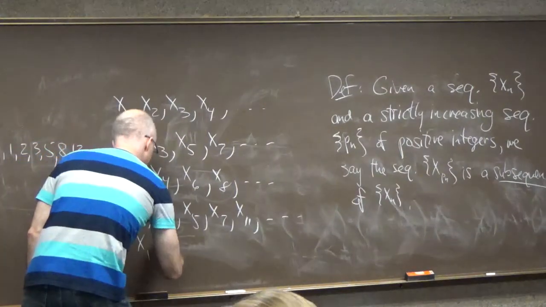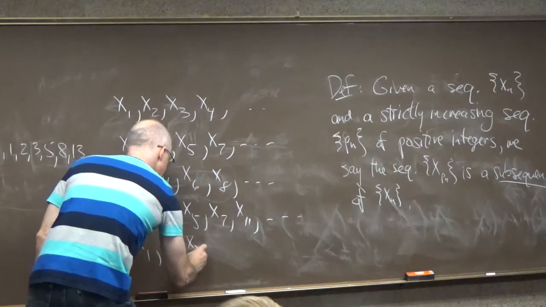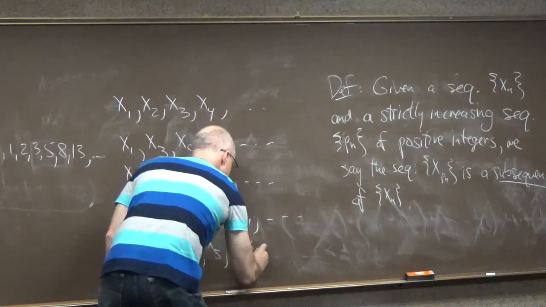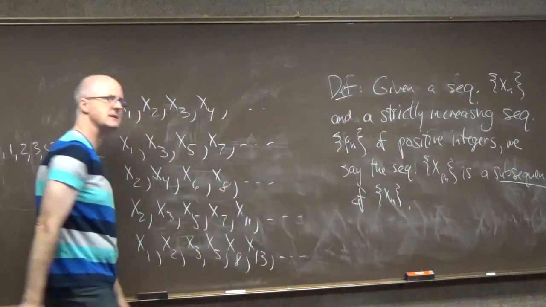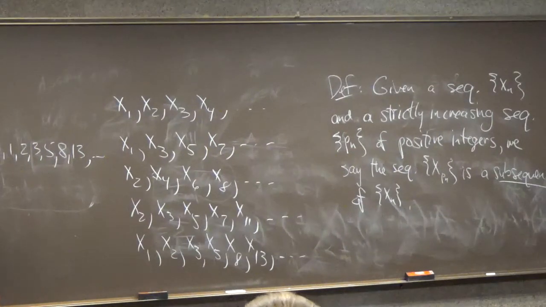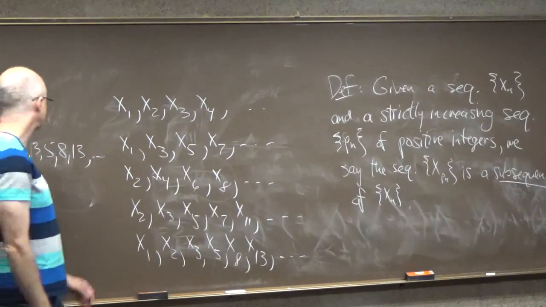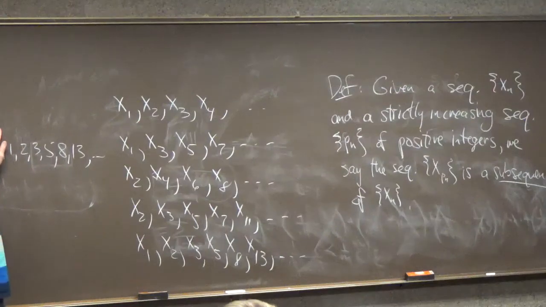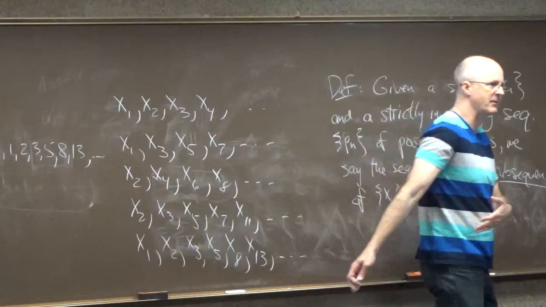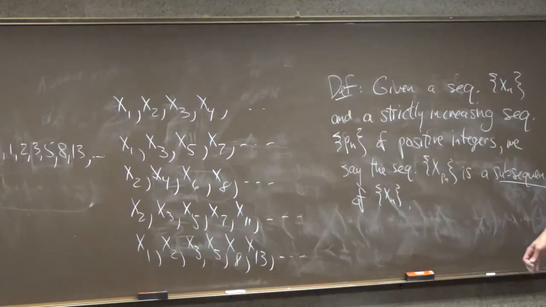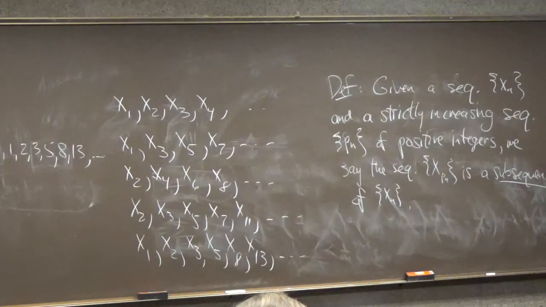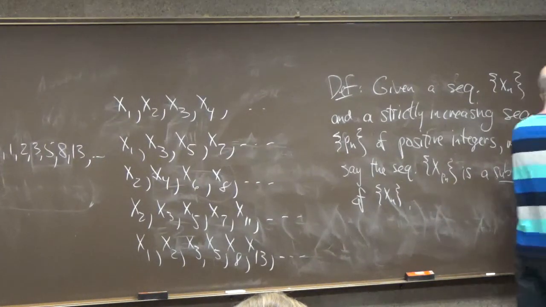Exclude the first one and jump to x2, then x3, then x5, then x8, then x13, then x21, then x34. Fibonacci sequence, except for the first one. So does that help? Thinking about examples like that helps you see what this means. So now come back to the theorem.